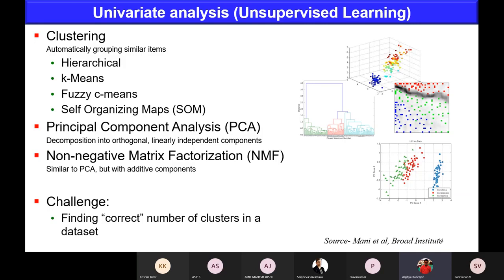Unsupervised learning is always handy. It will give you the actual scenario of the study, which you can use for differential expression. This kind of clustering includes hierarchical and k-means. You will come across these terminologies. Next is the principal component analysis.